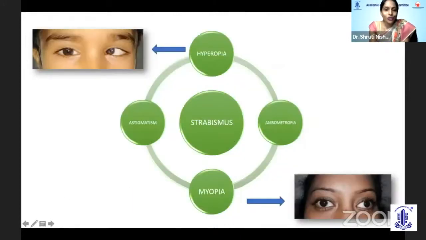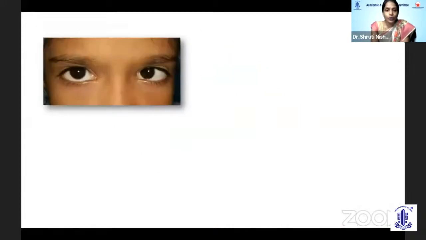So coming on to the topic, all the refractive errors generally tend to have an effect on strabismus some way or the other. Hyperopia tends to produce more of esotropias, whereas myopia tends to manifest more as exotropias. Now we will talk a little more in detail in a case-based way. So this was a 3.5-year-old girl who came to us with an inward deviation of her eye. You can see that she has a left esotropia. Her cycloplegic refraction was about plus 3.5 in both her eyes.